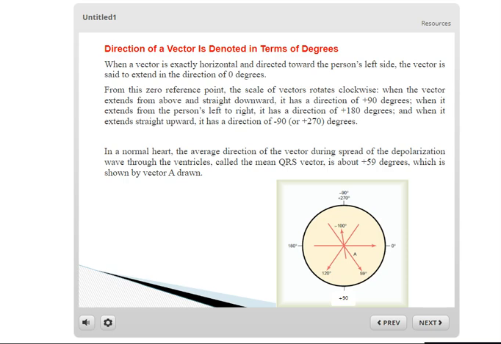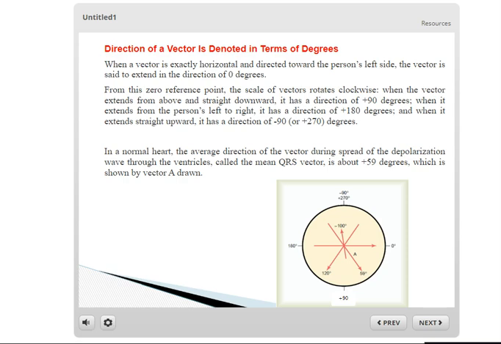The measurement of the angles for a vector follows a clockwise rotation. 0 degrees is a vector pointing horizontally to the left, plus 90 degrees is a vector pointing straight down, plus 180 degrees is a vector pointing horizontally to the right, and minus 90 degrees or plus 270 degrees is a vector pointing straight